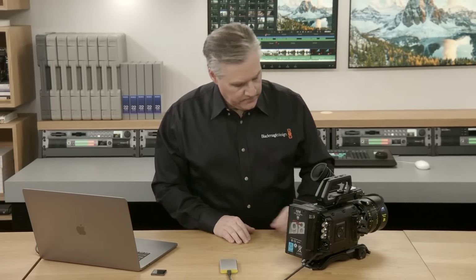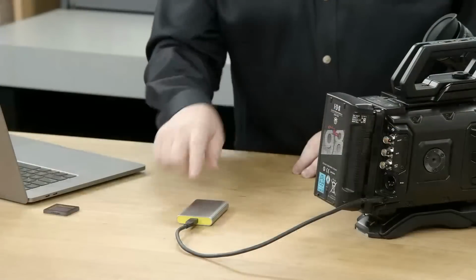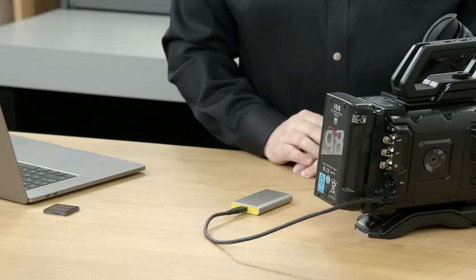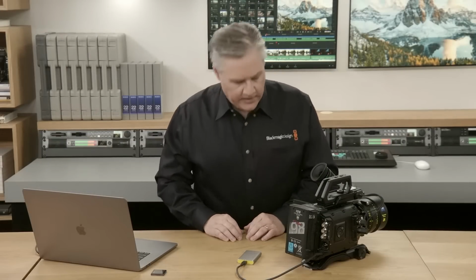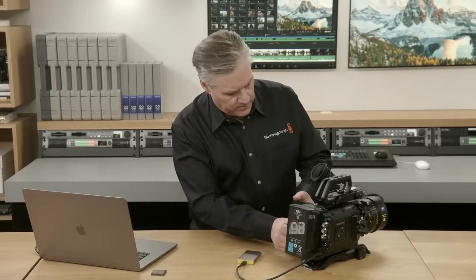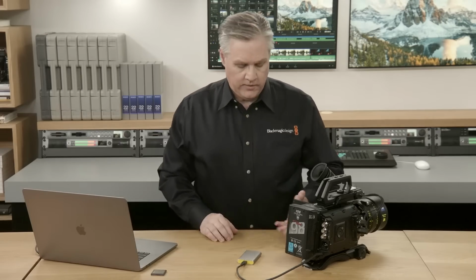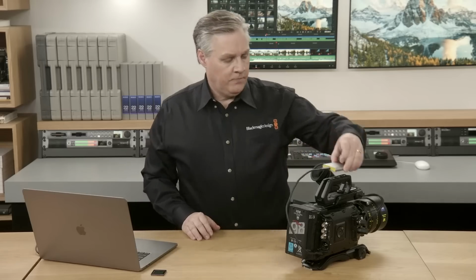So I've got a flash drive plugged in, and if I record on that, you can see the light flickering now. If you can get the overhead camera, you can see that there. So now it's basically just recording onto the flash drive. I think I've got that set to Q5, and it was set to 12K, I believe. Let me have a look. Yes, there it is. So now I'm recording 12K to the flash drive,